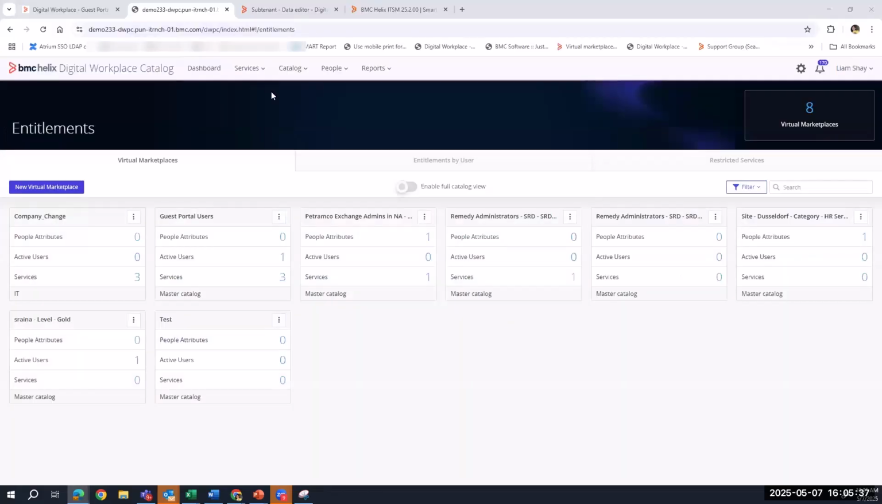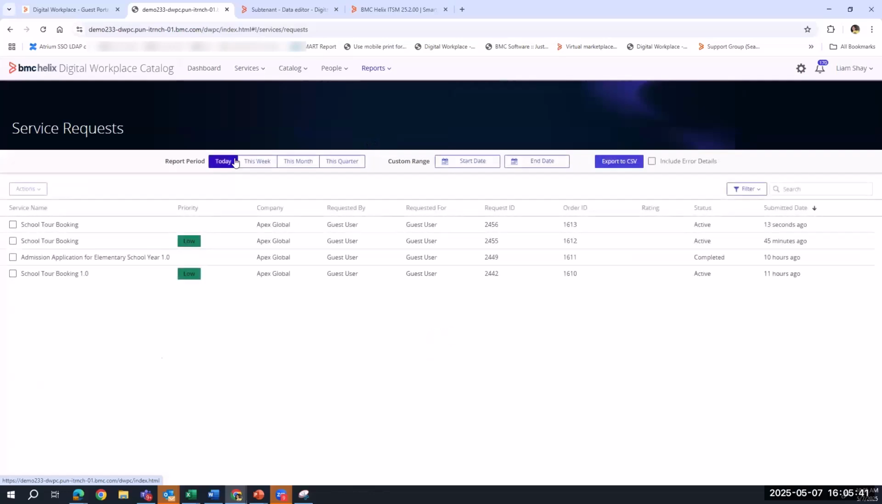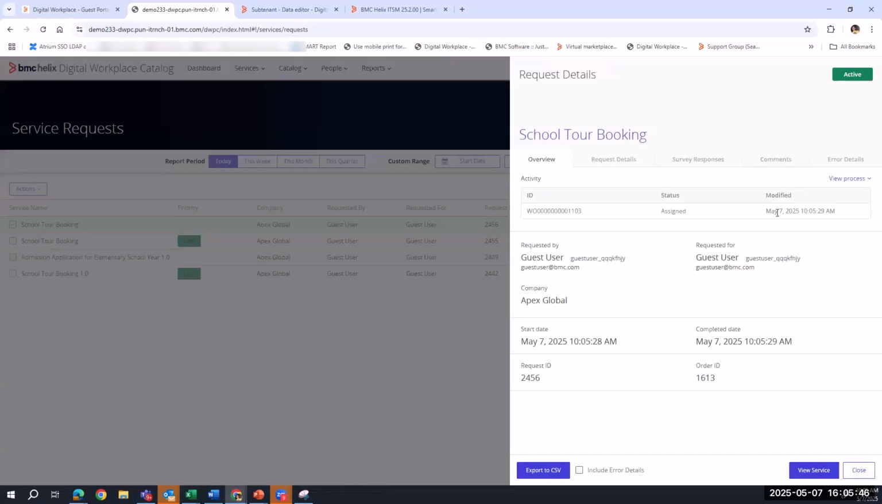Now, what happens behind the scenes? So the request is submitted, and you can see under request, you have school tour booking service which just got submitted. It created a work order with work order 11103, but it was requested as a guest user. Okay,